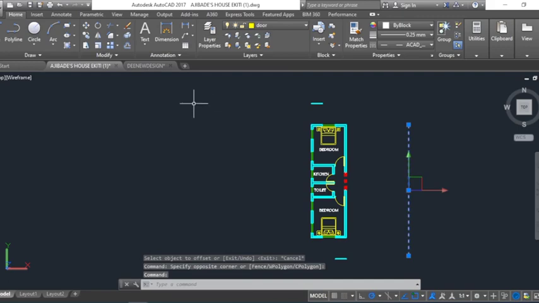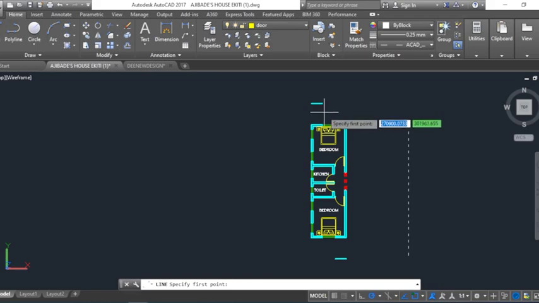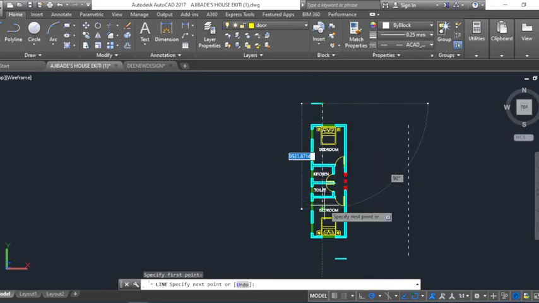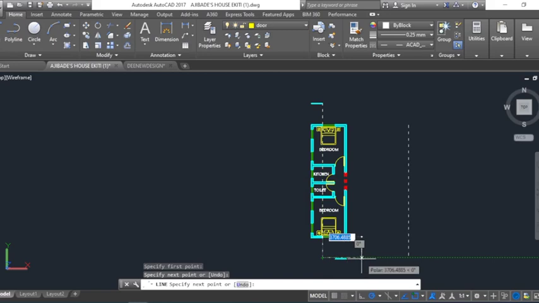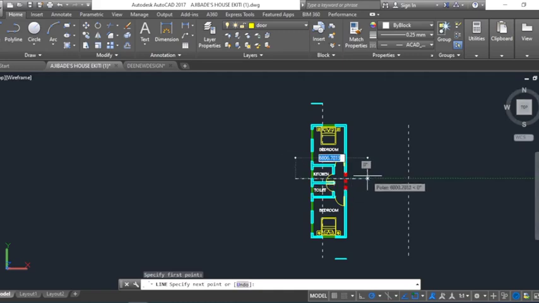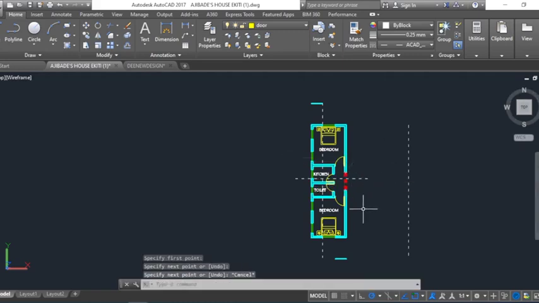I just pick my line, or better still, I just take another line. I want to cut across this point, cutting across from here to here is one section. Then let's say I want to cut across like this. Okay, so that being established,